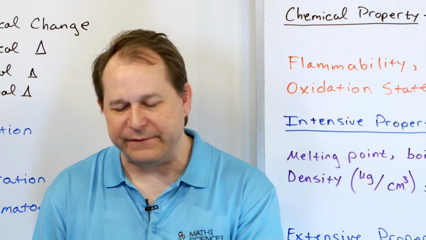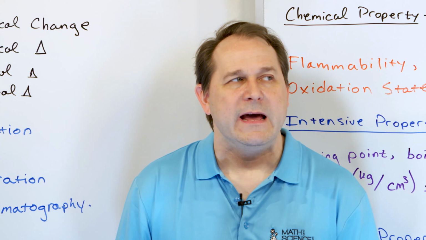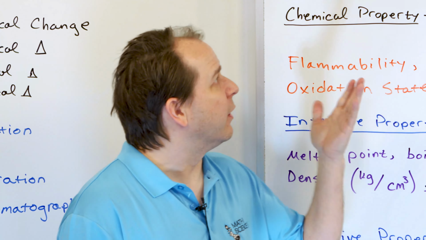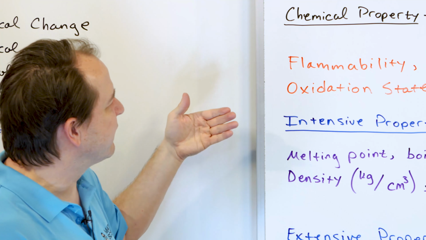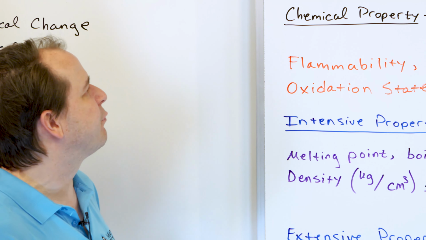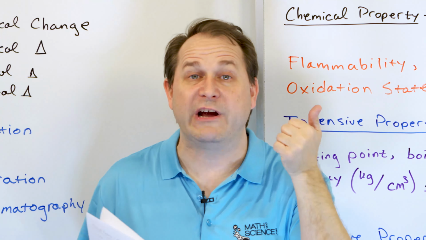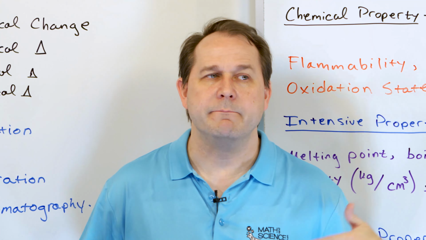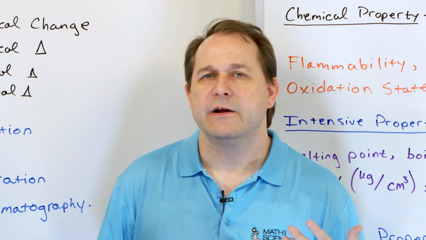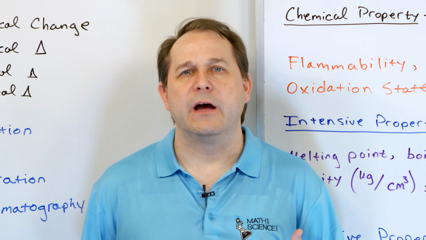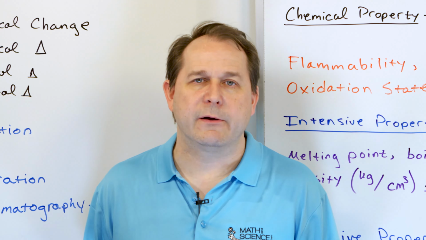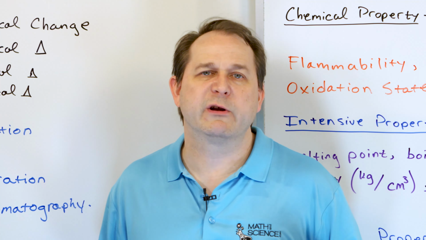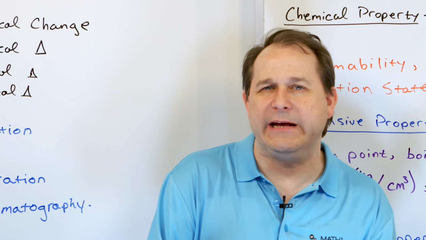All right, so that's it. We've covered a lot. We've covered properties of matter, in terms of physical properties, chemical properties. We've talked about intensive and extensive properties. And then we talked about physical changes and chemical changes, and then we talked about separating mixtures with distillation and things. The reason we have to cover this stuff is because very soon we're going to be talking about boiling points and melting points, and we're going to be talking about chemical reactivity and all these things.